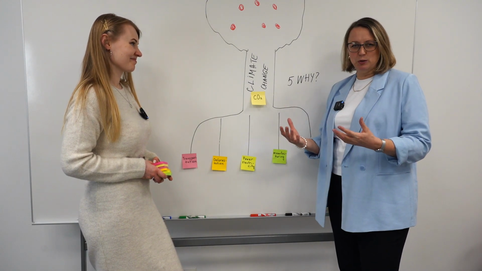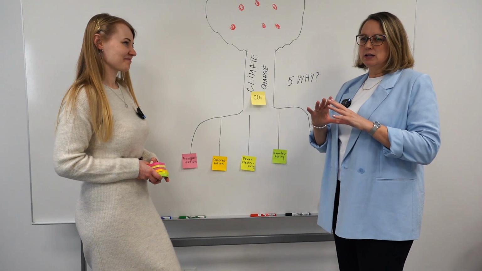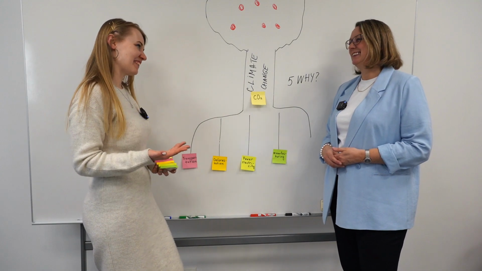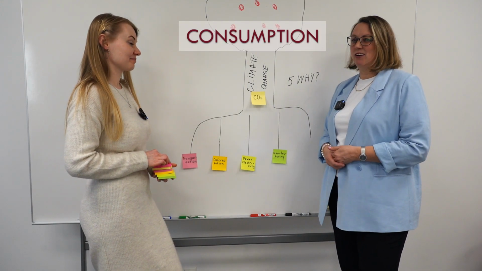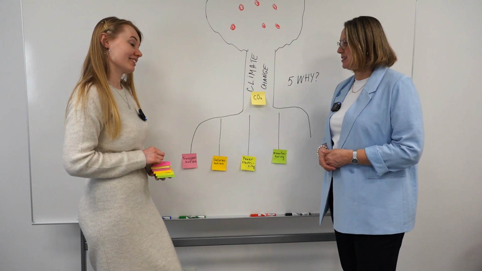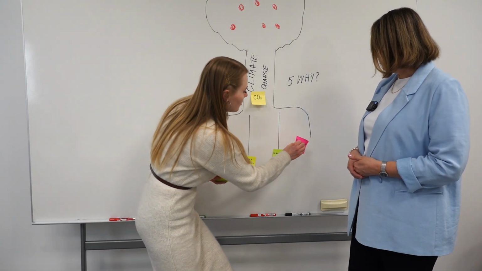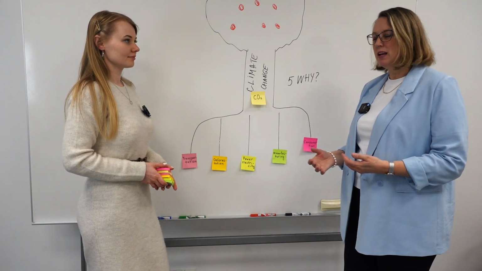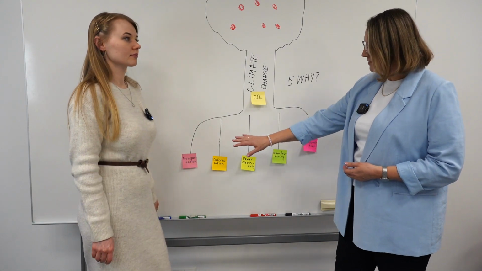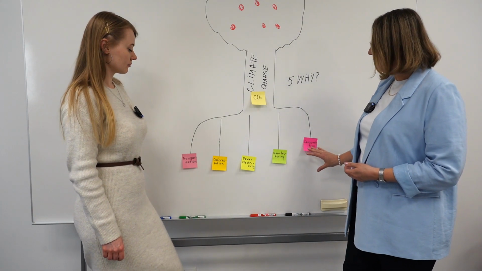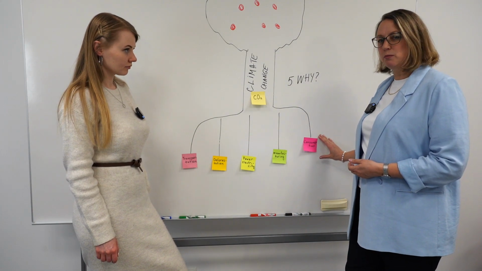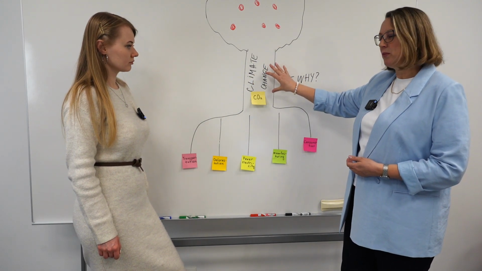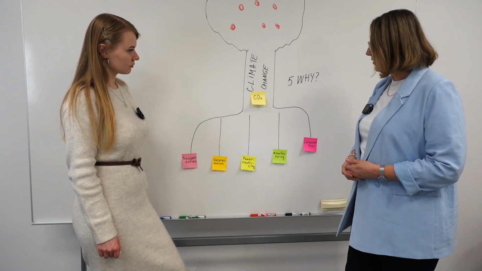That is the principle of this problem tree analysis. We want to go as detailed as possible. So I'm sure you will find something else. I have it. Oh, you have it. Consumption. Oh, yeah, that's right. We are really over-consuming nowadays. That's true. All right, let's put it here. One more reason. Excellent. One more cause. So root causes, we have 5 of them. We call these primary causes, primary causes to the core problem. Remember, our core problem was here in the center. Okay, very good.